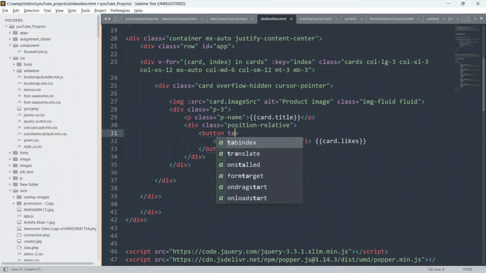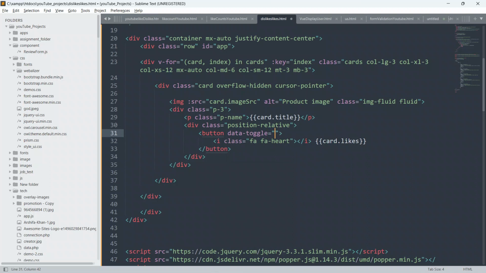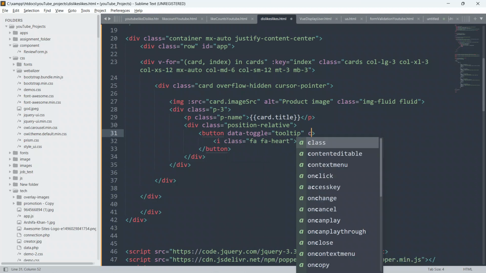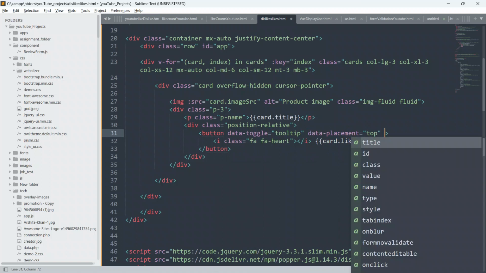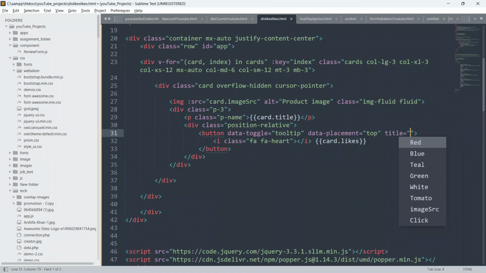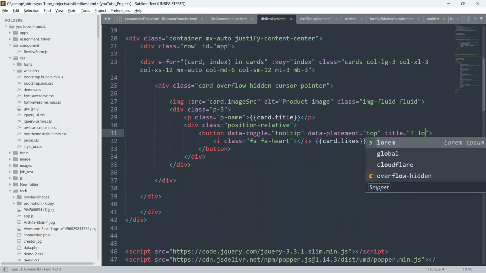So give data-toggle equal to tooltip, and also give data-placement equal to top, and give a title, I love it.